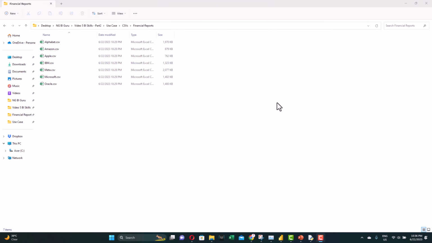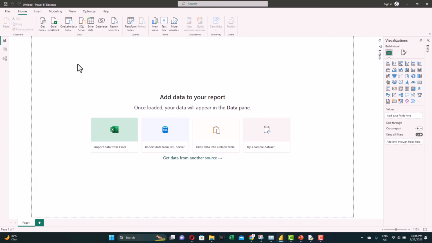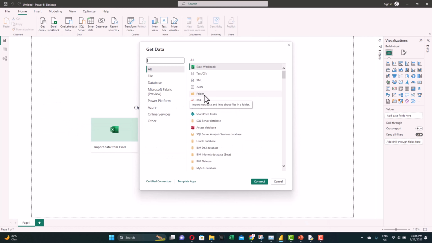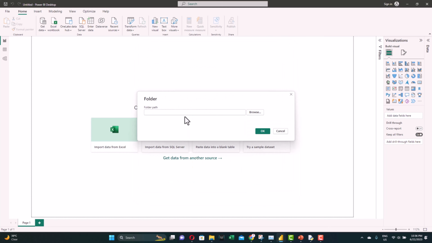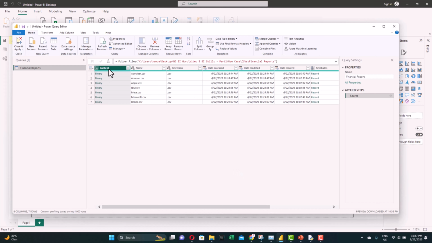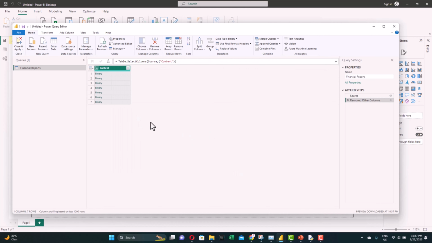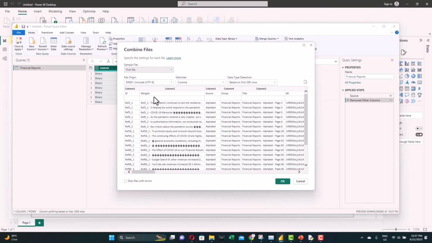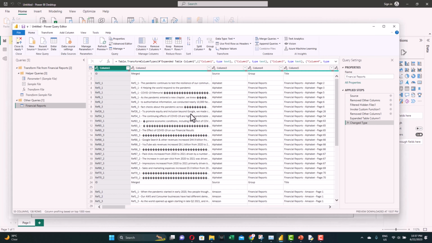Okay, now we have the CSV files ready. Let's import them to Power BI. Just open Power BI, get data. We'll process all the CSV files together, all the contents of a folder. Connect. We feed in the path. Now go to transform data. So the only column we're interested in is the content column. So right click, remove other columns, then we expand. So let's just click OK, load all the contents, and we have the contents loaded.